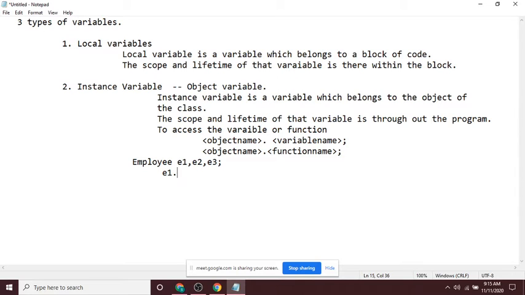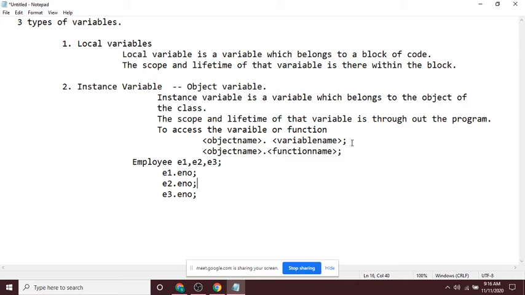For example, I want to access employee number. I have to use E1 dot eno, E2 dot eno, and then E3 dot eno.